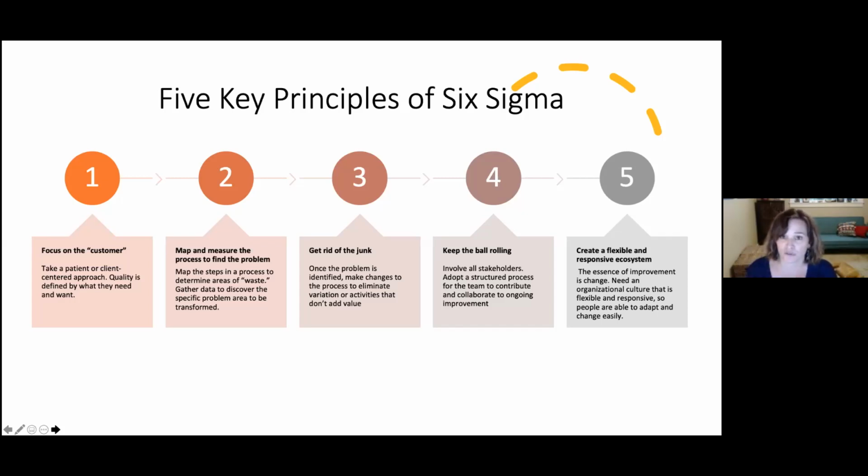And lastly, creating an environment, a culture, that is flexible and responsive. Improvement is not a one-time change. Improvement is a way of life, and it's to be expected that change will be continual in order to continuously improve. You need a culture of people who are flexible, adaptable, responsive, and comfortable with change, so it doesn't throw them into chaos.